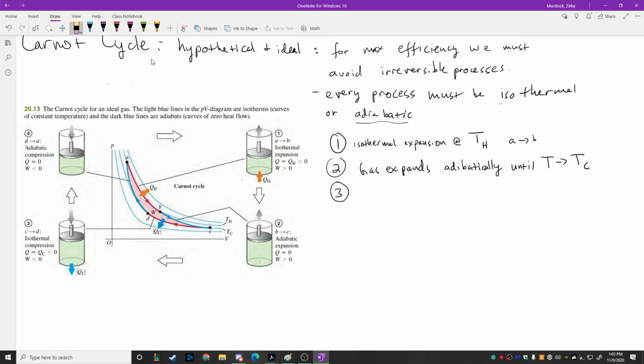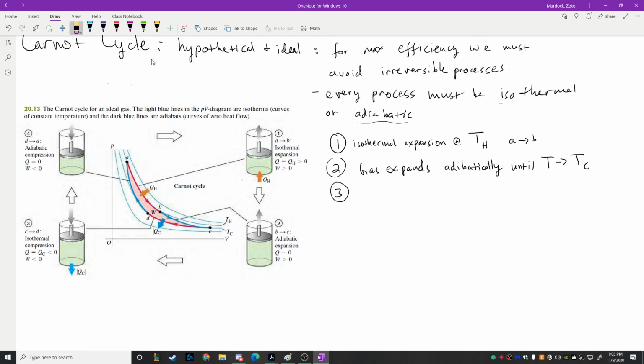All right, next you take the same system and you put it in contact with a cold reservoir. So from C to D, what you get is isothermal compression. So you give it some cold reservoir that can absorb an infinite amount of heat, and it just needs to be colder than this object, except it's isothermal compression, right? So the gas is going to compress, which means it's going to do negative work, but it's doing so as it's in contact. Basically,